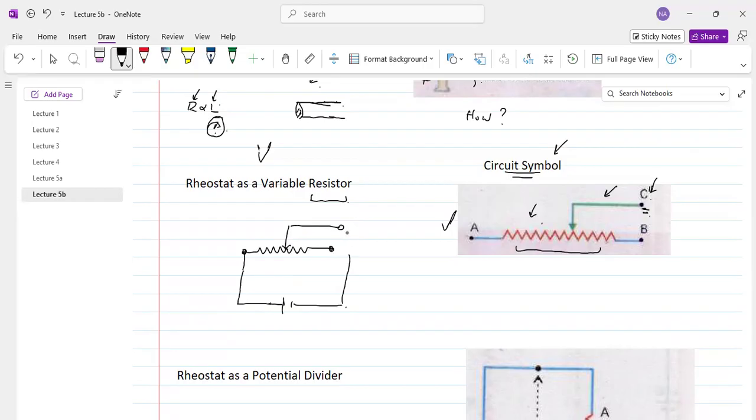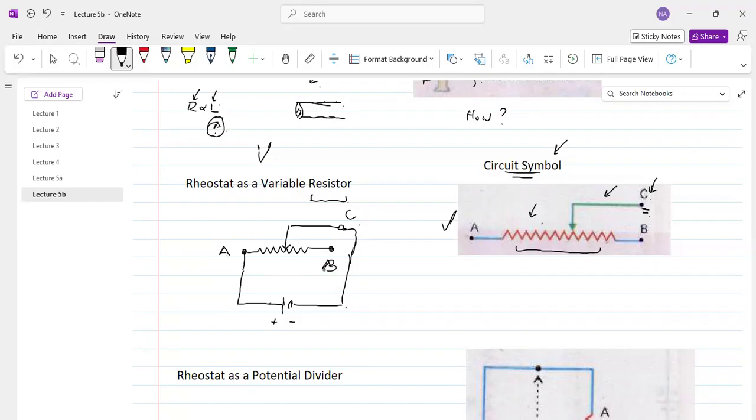So, in order to introduce the variable resistor in this circuit, we connect one end of the battery with C terminal and one end of the battery with A terminal. This is the way to connect a rheostat in a circuit